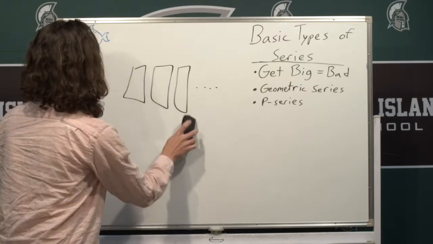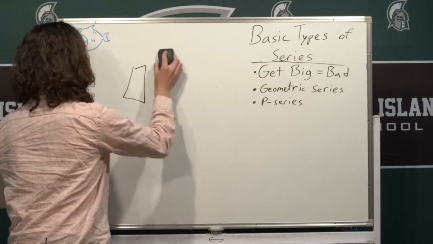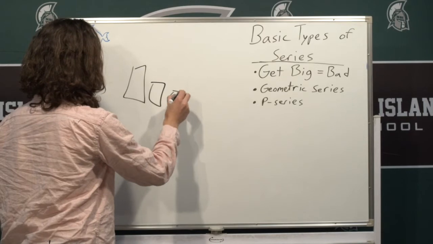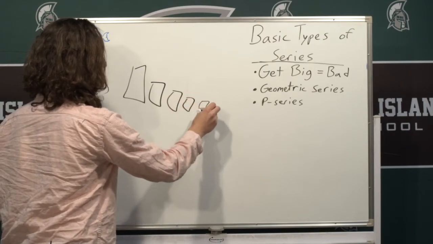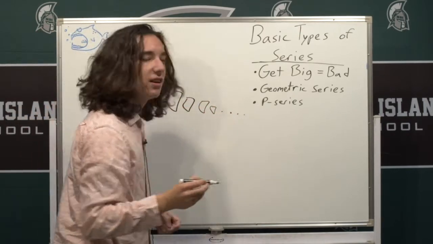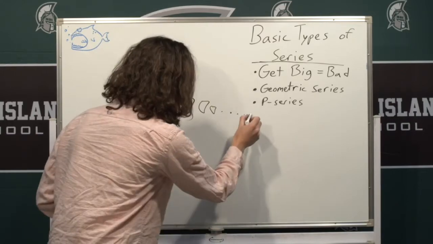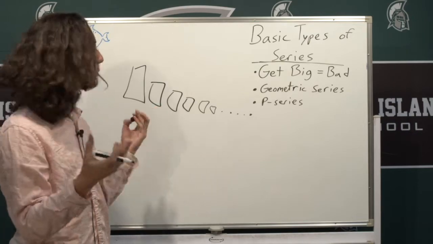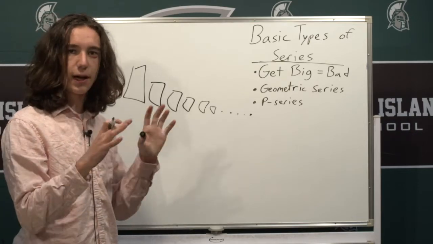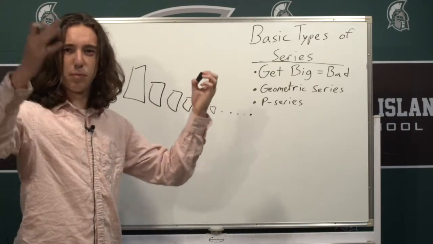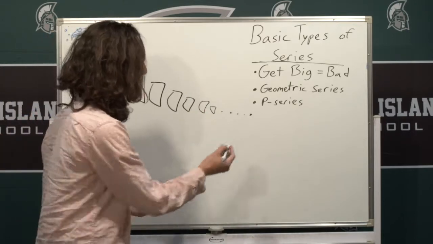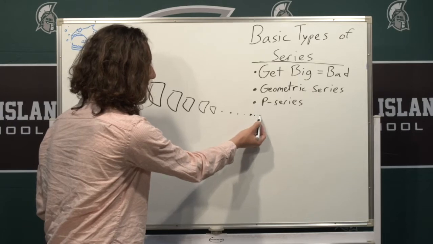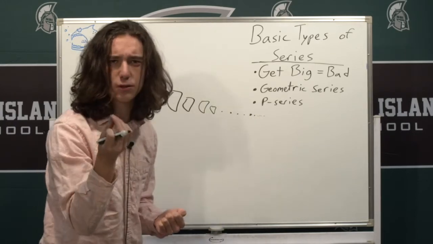But if the boxes, each time we add them, get smaller and smaller and smaller until the infinitieth box we add is basically no box at all, you can see how this infinite sum can kind of stop gaining bigness, right? Because the infinitieth plus 1, if we go one more, it's basically adding 0, and so we've reached our finite